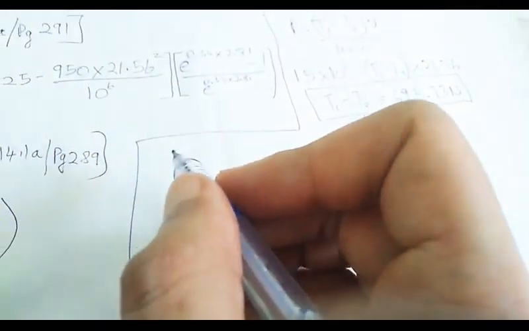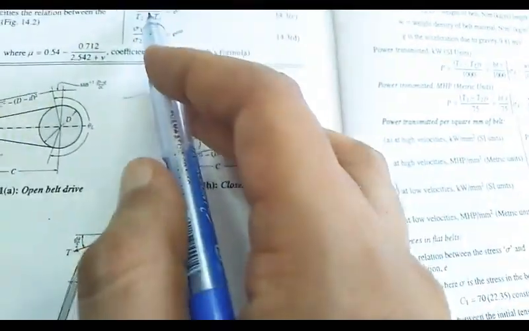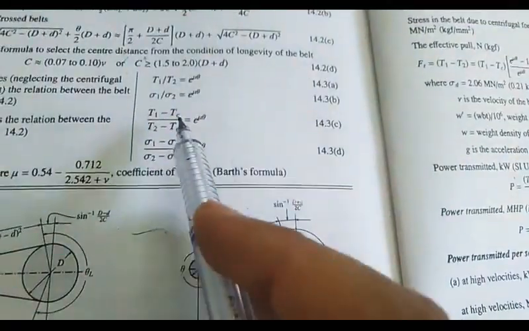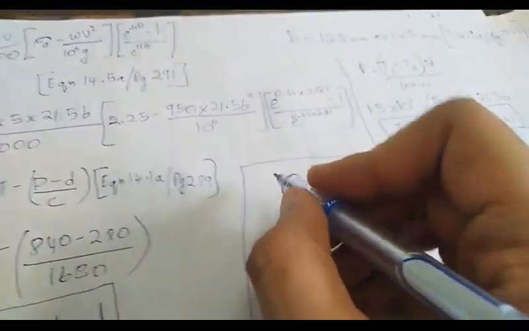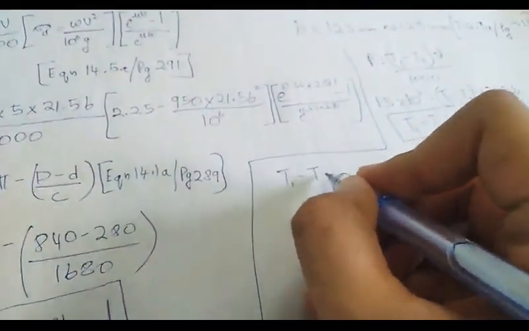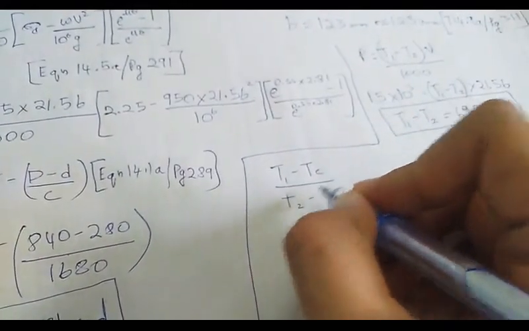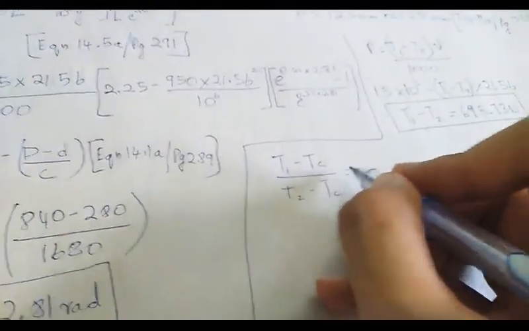So we shall go to data handbook and we shall consider the value of T1 by T2, we shall take this formula because we need to find the centrifugal tension also. T1 minus Tc by T2 minus Tc is equal to